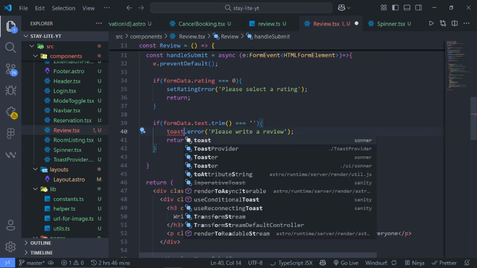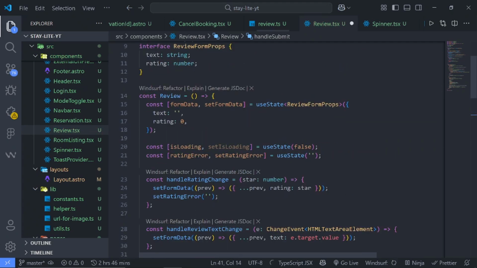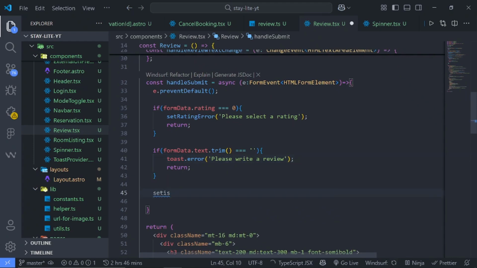But let me also import the toast from Sonner. All right, cool. Then we also set isLoading to true,